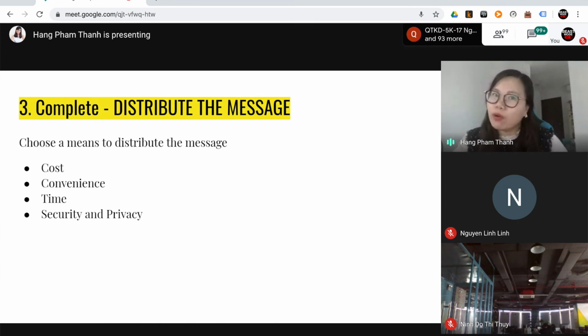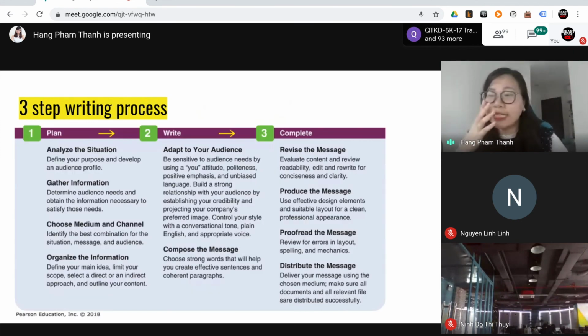Okay, so for example, if you are given a very confidential message and you need to send the message to someone else, okay, then you may need to consider very carefully what means you will use to distribute the message to make sure that the message still stays confidential, okay, and private. All right. So again, in this lecture, we already covered the 3 steps in the writing process: planning, writing, and